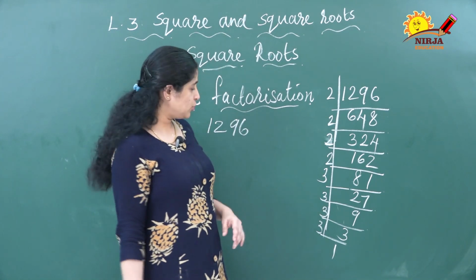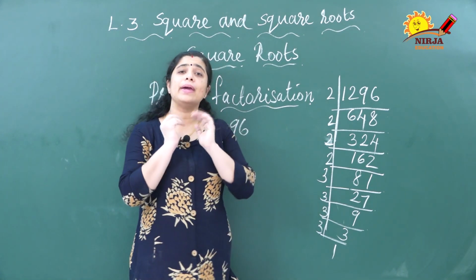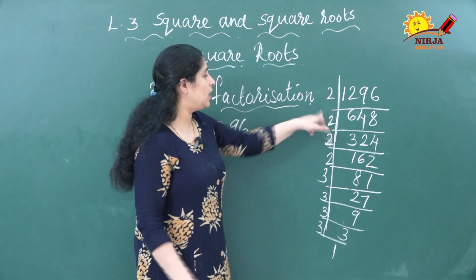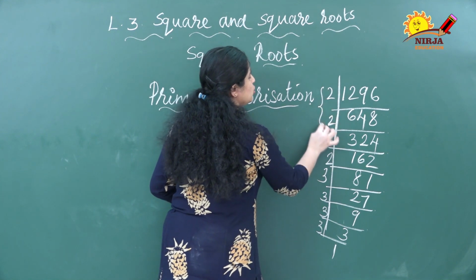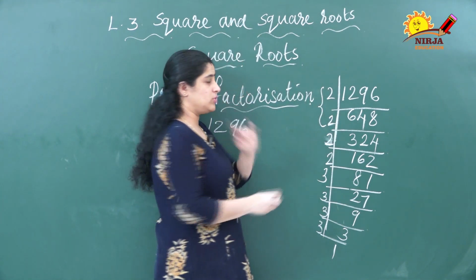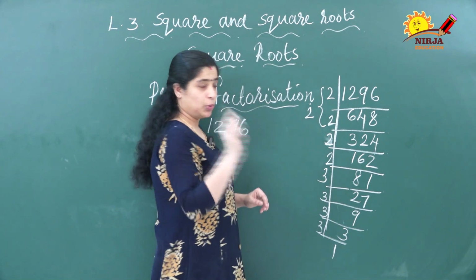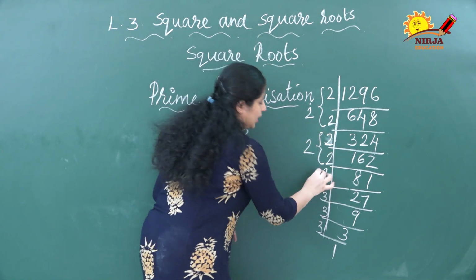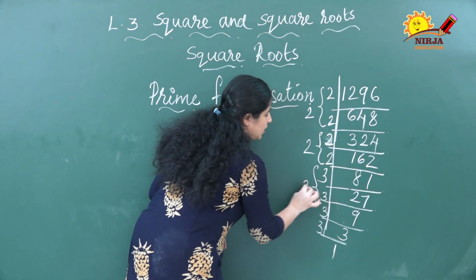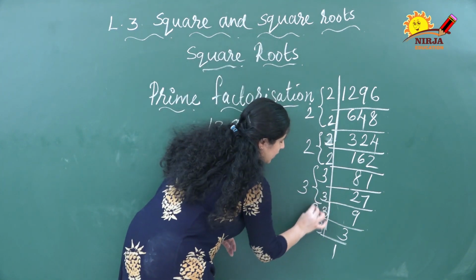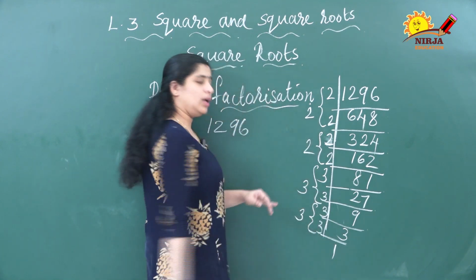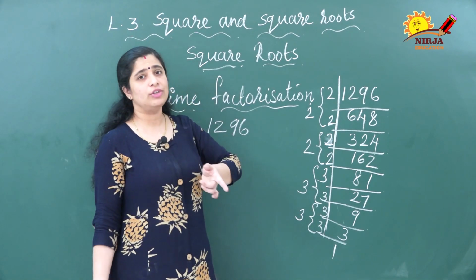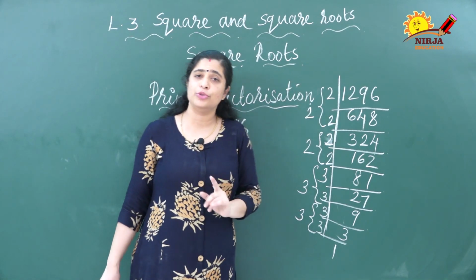Now what you have to do is you have to pair the numbers. You see here, this one I am pairing. 2 2s are there, so I am taking one 2. Again here one you have to take. Here 3 is there, one 3 you have to take. Again here one 3 you have to take. So pair the numbers, same number, not the different number, same number you should do the pairing.